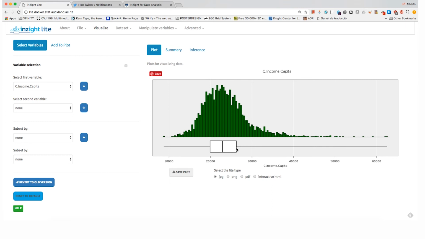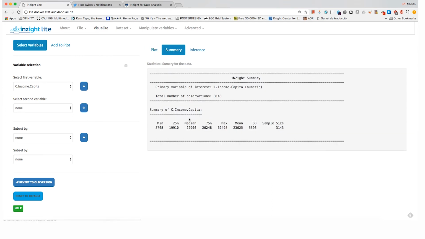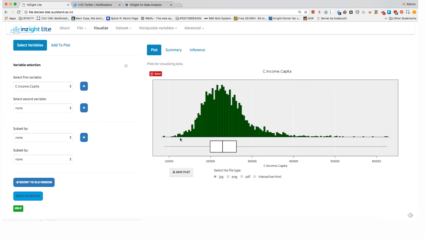So this line here is the median value. And these are the quartiles. This line here and this line here are the quartiles. Now, what are the quartiles? Remember that we can see the quartiles if we go to summary, the 25% and the 75%. This is called the first quartile. The median is the second quartile, and the 75th percentile is the third quartile. These correspond to the values that we saw in the summary, and they are the values that divide the distribution in 4 equally sized portions.